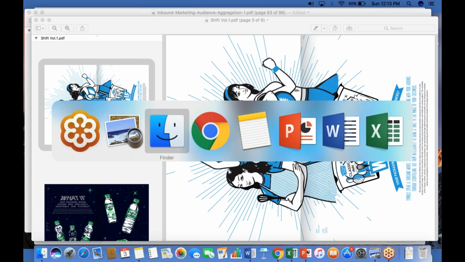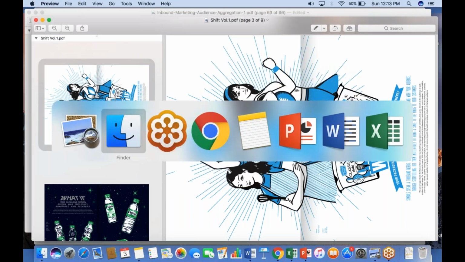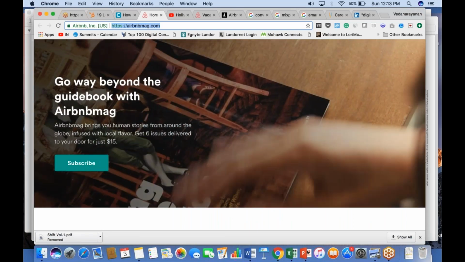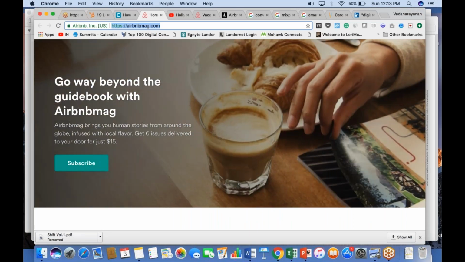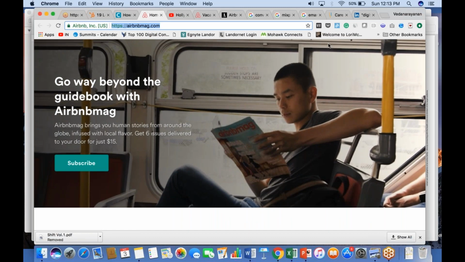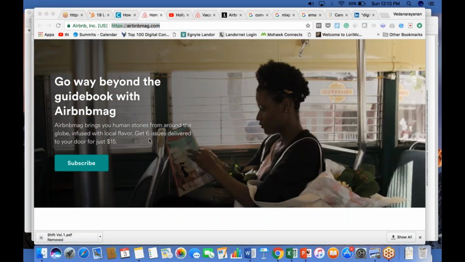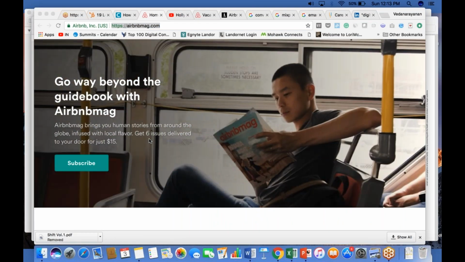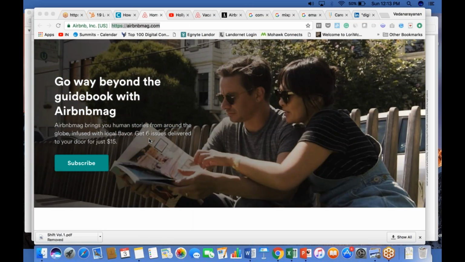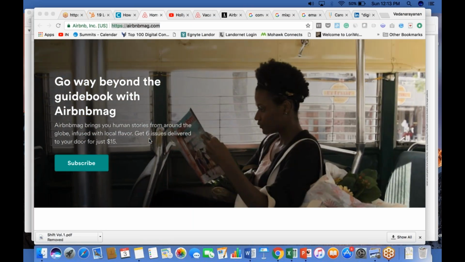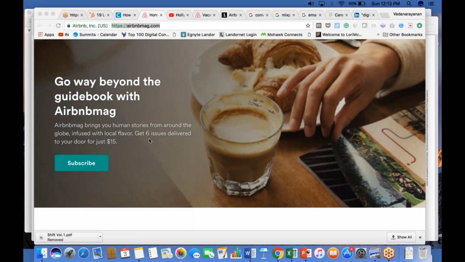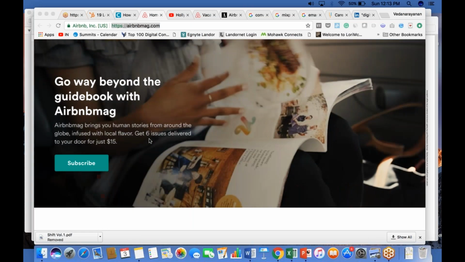What I was telling you earlier was that there are a couple of examples of magazines which a lot of brands have employed. This is the Airbnb magazine, which is called Pineapple. I can see my screen now. This is a great example of audience aggregation, where they're using an interesting piece of content to generate newer audiences, and to push audiences who already have a passing interest further along in their brand consideration life cycle. You have both print and digital versions of the magazine you can subscribe to, as you can see here.